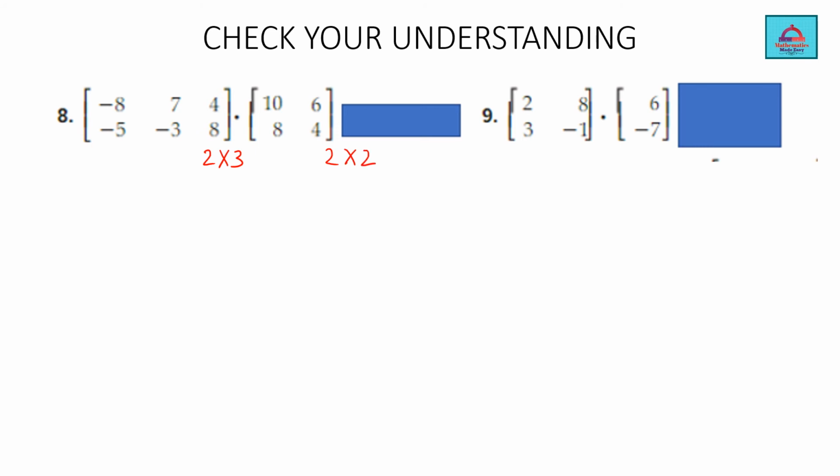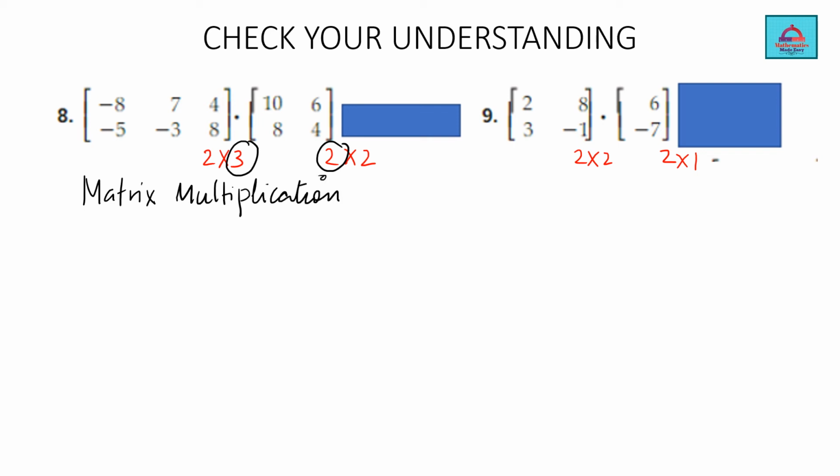For this one also, this is 2 cross 2 order, 2 rows 2 columns, 2 rows 1 column. So let's check whether the condition is true or not. The number of columns here and the number of rows here should be equal. But that is not true. So we can safely say matrix multiplication is undefined, as the number of columns of the first matrix and the number of rows of the second matrix are not equal. What about this? The number of columns and the number of rows are well defined, they are